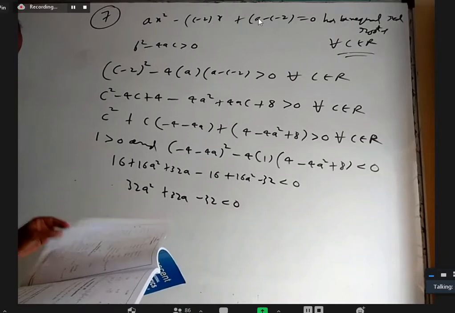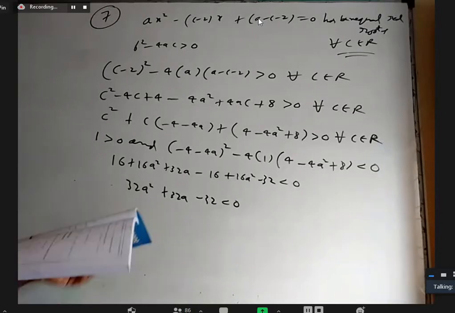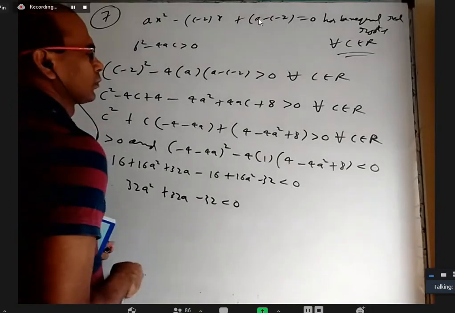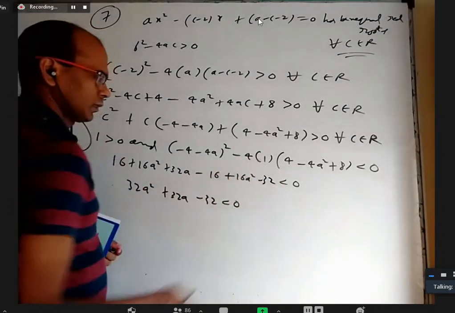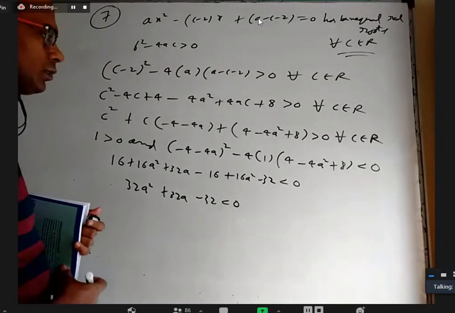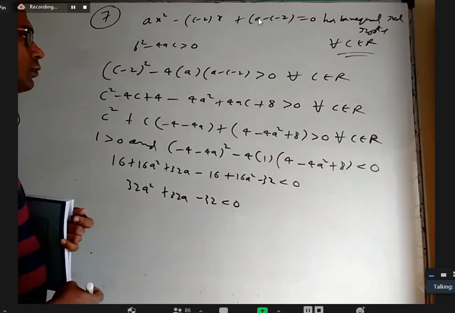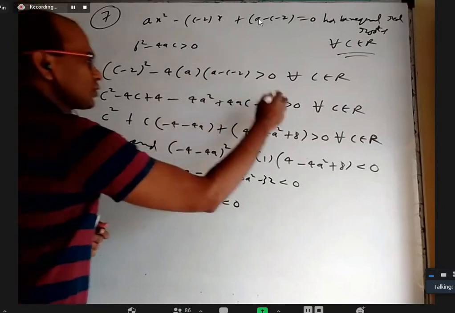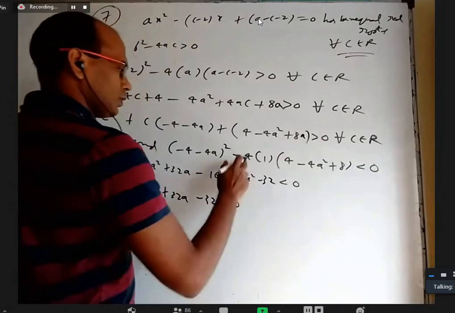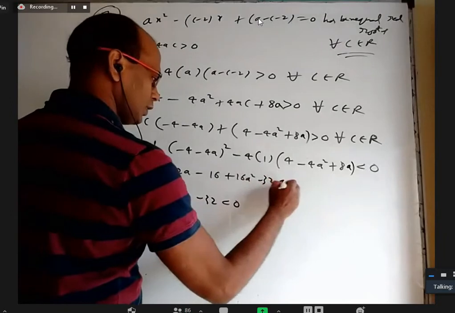Sir, how minus 32? Okay, sir. Okay, it's plus 4. Something is wrong. There should be 8 somewhere. Where is that? Sir, it's 4a square plus 4ac plus 8a. This one is 8a. Achha, okay, thank you. This is 8a, so this is also 8a. So that is going to be 8a, and this is going to be 32.